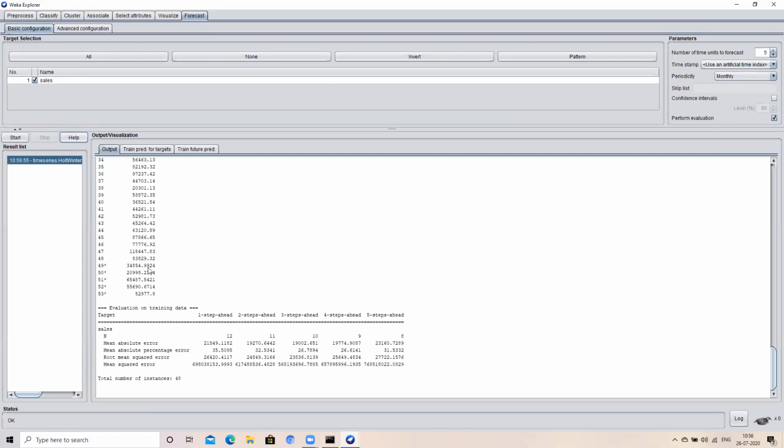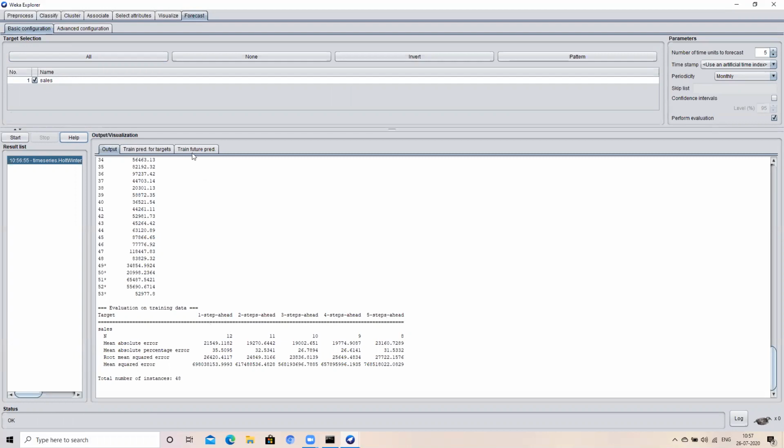So here, you had only 48 instances in your data set. From the 49th to the 53rd instance, these are just the forecasted values, the 5 months of forecasted values. And here you see you have all those 4 metrics which we have selected. The values for those 4 metrics for each and every month have been given. Here, 1 step, 2 step, 3 step represent your first month prediction, and second month, third month, fourth month, and fifth month's prediction.